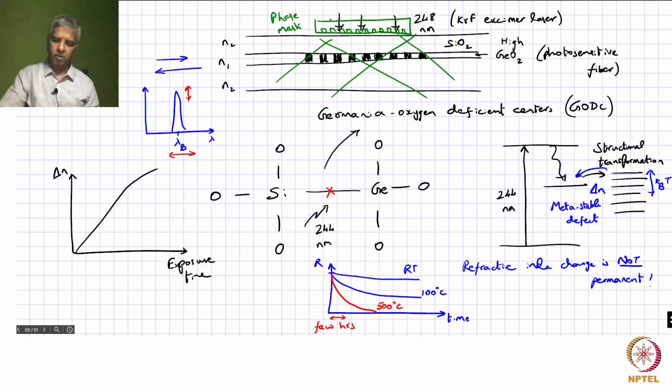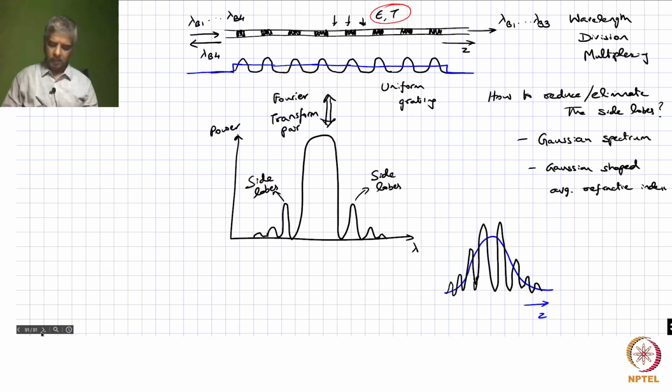So, if the shape of this beam corresponds to a Gaussian intensity pattern, then correspondingly you will have a Gaussian change in the refractive index like this. So, if you take a Fourier transform of this,